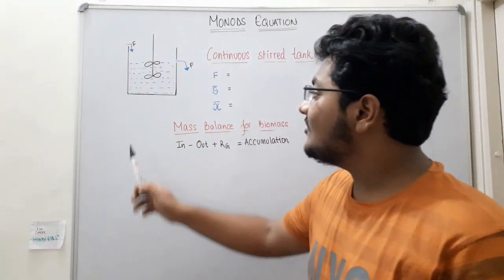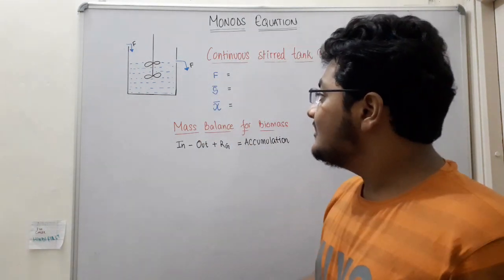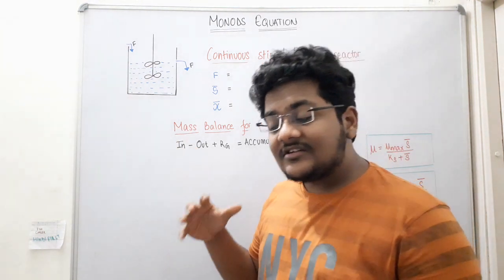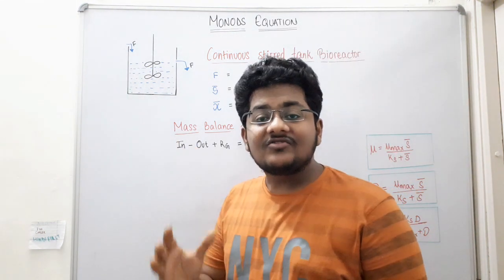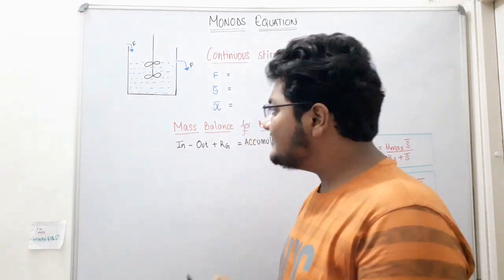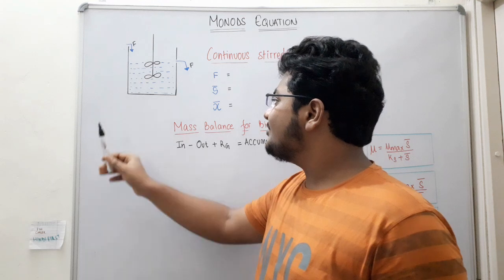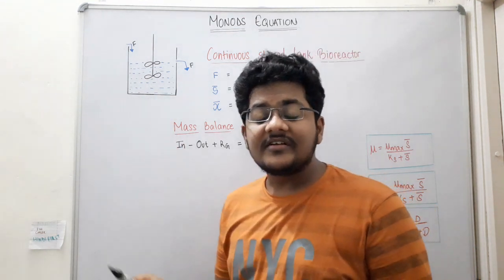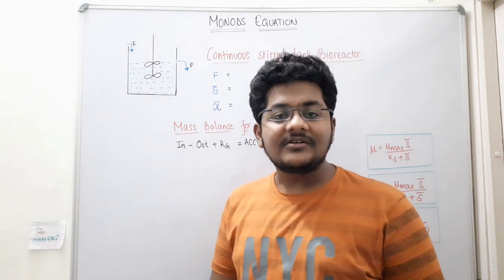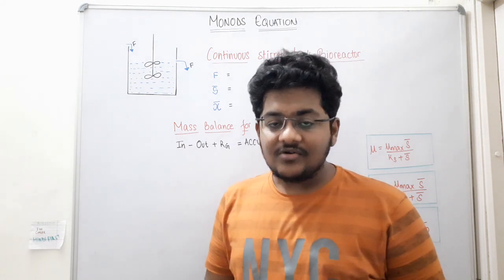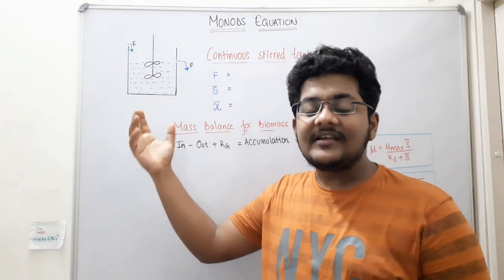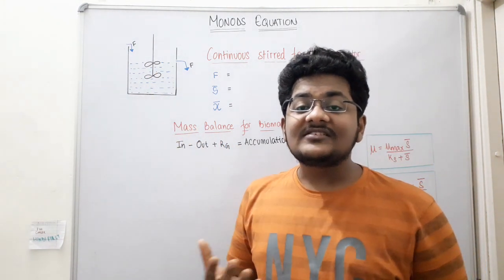So this represents a continuous stirred tank bioreactor. There are impellers and agitators which are rotating and mixing the medium present inside so that it is entirely homogeneous. Homogeneous means that the substrate concentration present here and the substrate concentration present there are equal. The biomass concentration present at different places inside the bioreactor is the same. Because this stirring is happening because of agitators and impellers, it is known as continuous stirred tank